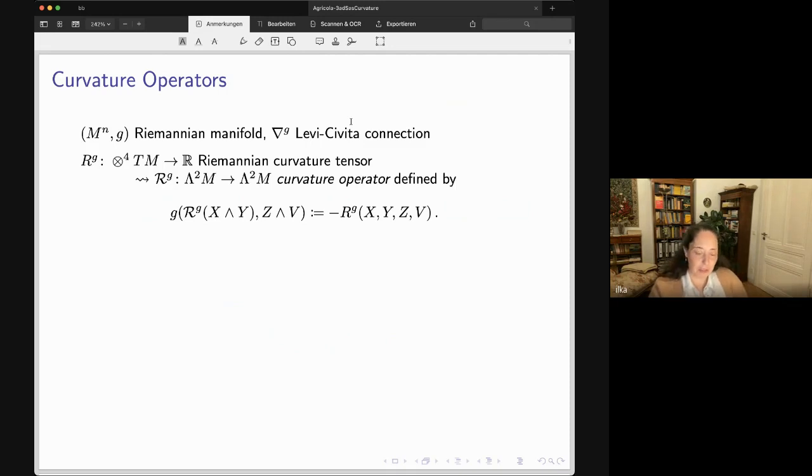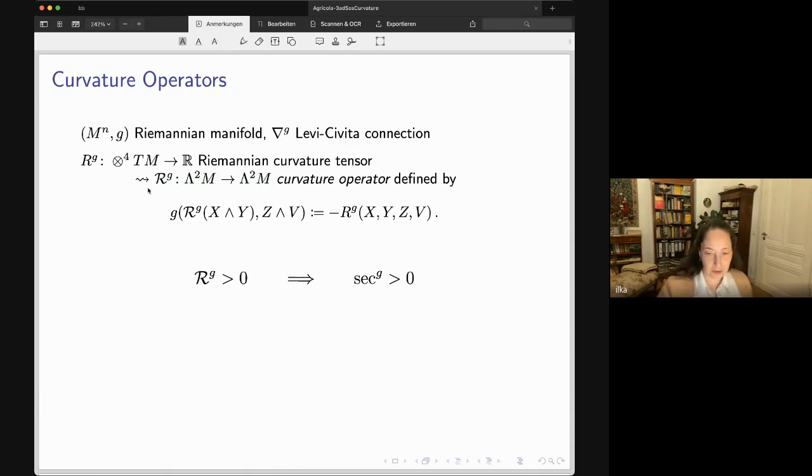So we start with a Riemannian manifold. We consider its Levi-Civita connection. And we have, of course, the classical Riemannian curvature operator, a curvature tensor, which induces a curvature operator, which I view as a symmetric operator going from two forms to two forms. Right? Okay. And we do know that if the curvature operator is a positive operator, then we can conclude that